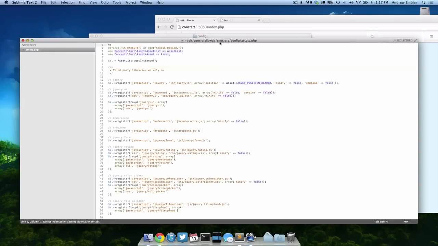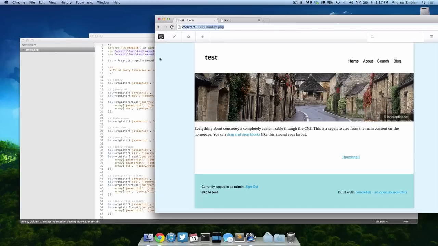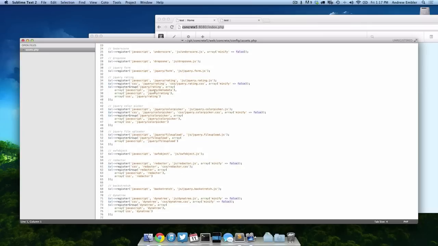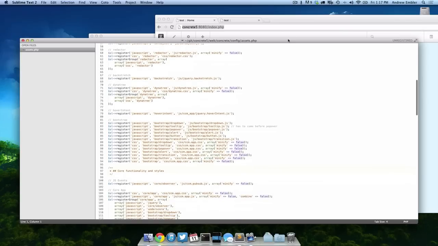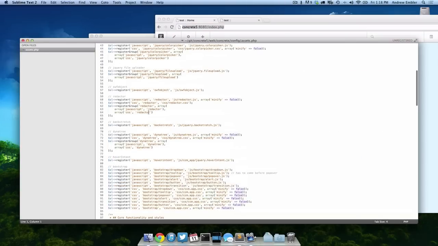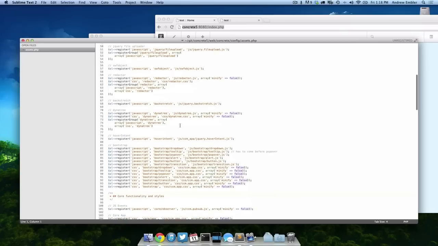So we talked about this months ago. This is a new system for registering JavaScript and CSS groups and making stuff come in the right order and require other stuff. And this is really our answer to the Miser thread on concrete5.org. This system will let developers, rather than just saying, I want to add the sitemap.js to my header or footer,